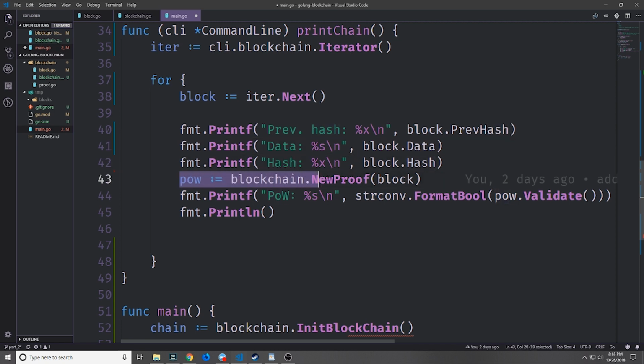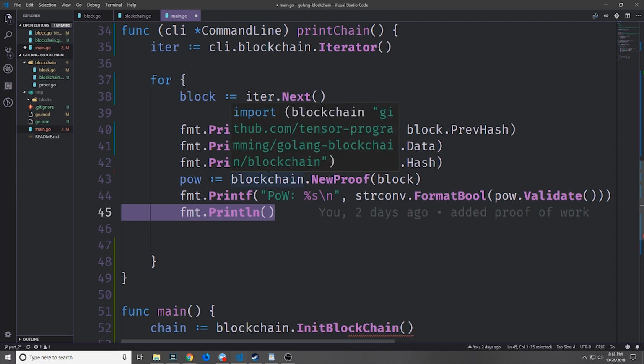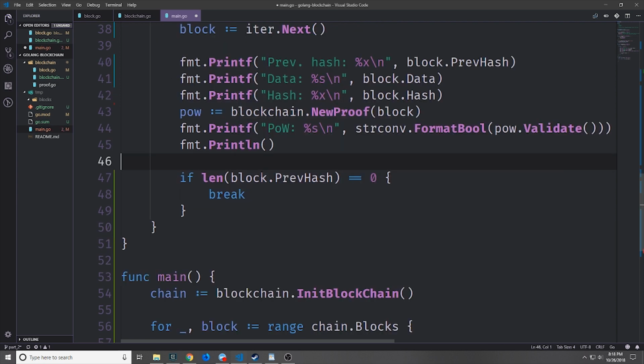And then we want to run our proof of work on the block to prove the block. Then we'll run the proof of work print statement, which prints out either true or false. And then we'll add another line between each of the printouts so that we can actually properly read it. We can break out of this for loop if the length of the block's previous hash is equal to 0. So when we get back to the Genesis block, it doesn't have a previous hash, and therefore its length will